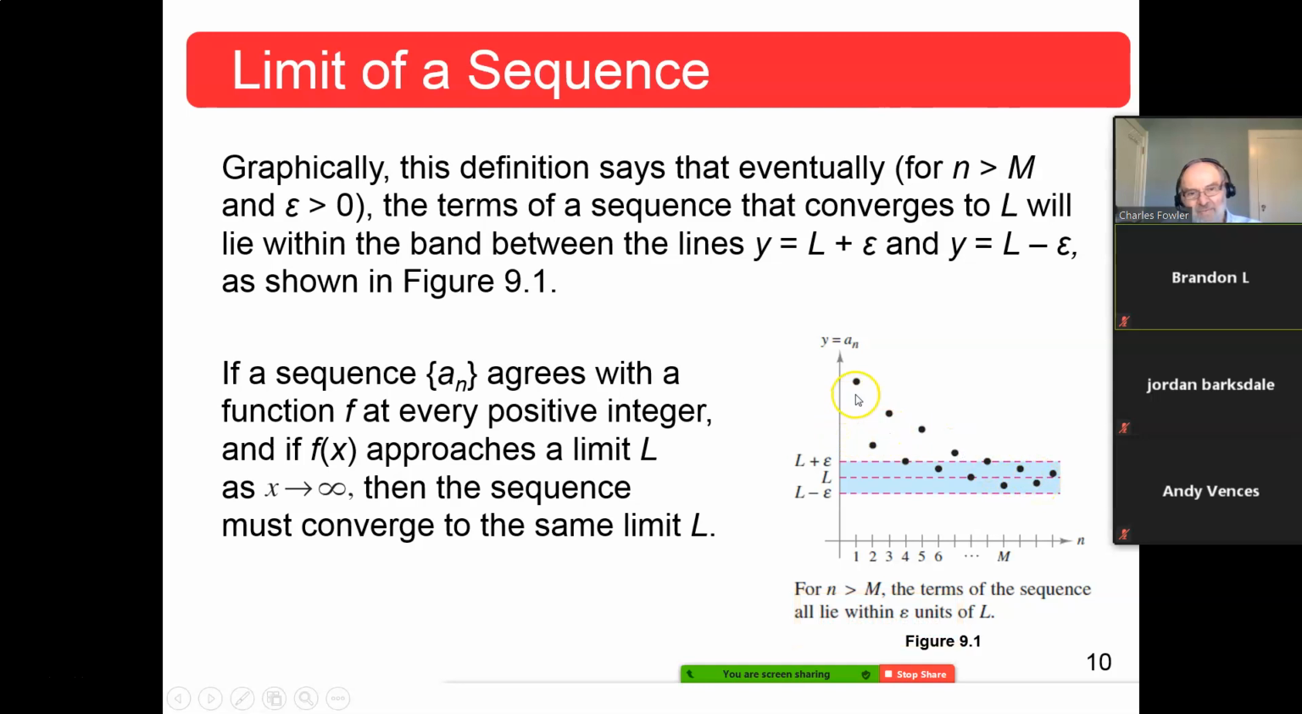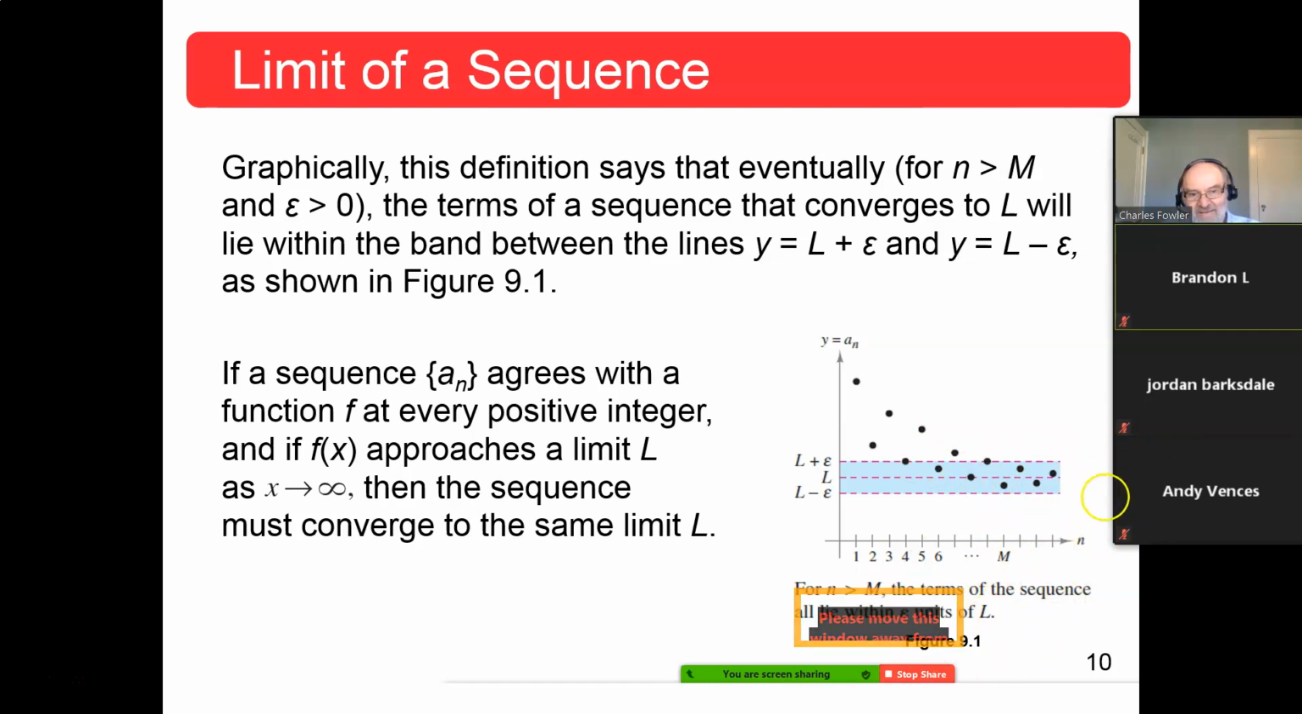Up here they weren't even anywhere close to L, but down here they are, and now they alternate above and below, above and below, above and below. Okay? Now, if you chose an M somewhere back here, no, there's no hope. But if you choose an M past here,